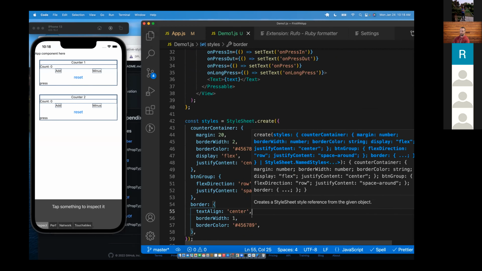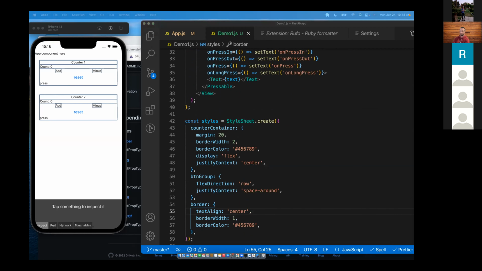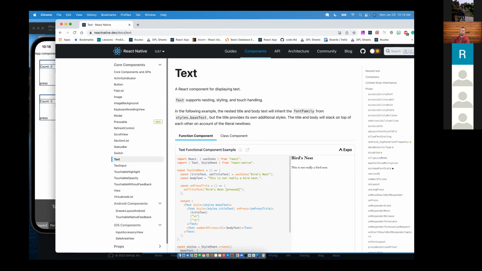But we can just leave it like this. I feel like the text might even have a centered prop. So if I wanted to look at that, once again, I could just go to the React Native